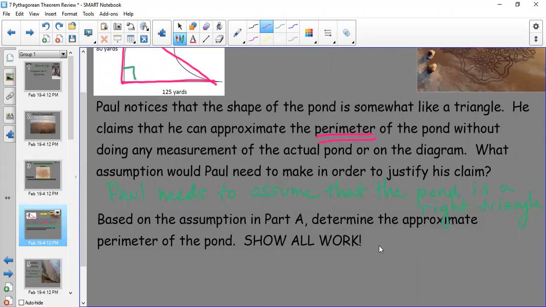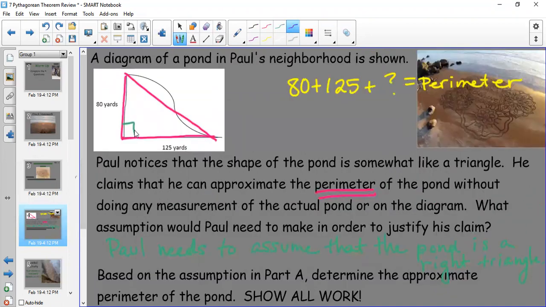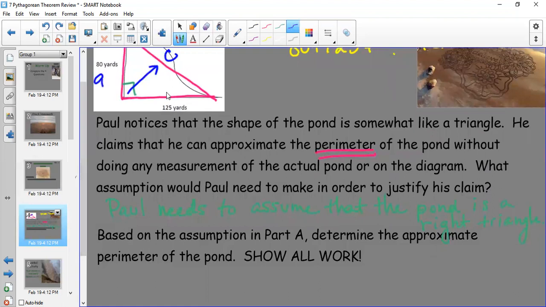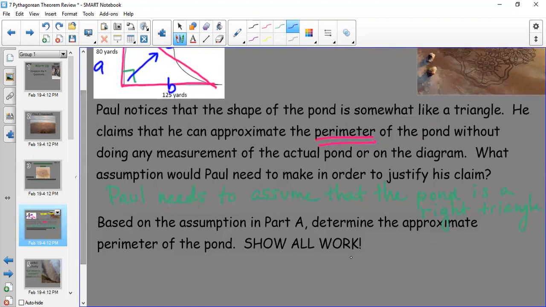So first off, I'm going to draw my line across my angle to determine the C, which is the missing side. The other two don't matter. We can mix and match. So let's set this up as 80 squared plus 125 squared equal to C squared. Now those are some kind of big numbers, so I'm going to pull out my calculator here. 80 squared, well I know 8 times 8 is 64, and then I would have 2 zeros. 125 squared, and this is the big one here, is